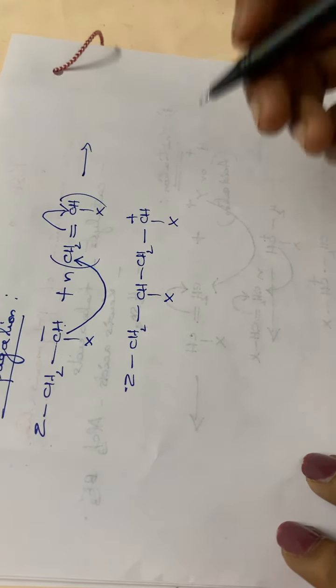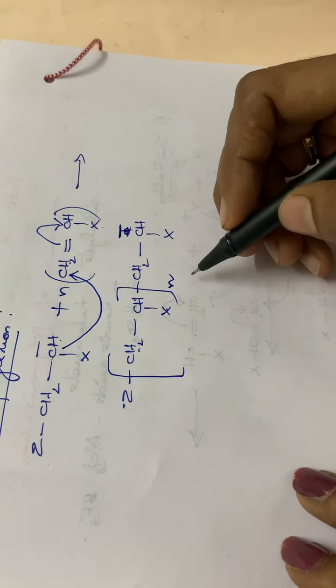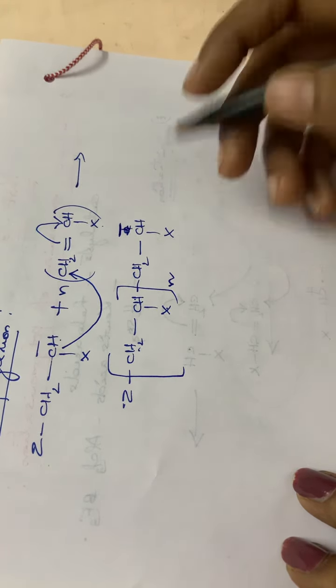Okay, sorry, here a negative charge. Here a carbanion, isn't it? In the anionic mechanism, a carbanion is formed. So this is the second step, that is the propagation step. You have to write here negative charge, since the electron pair is shifting to this carbon atom. Then in the third step, that is the termination.